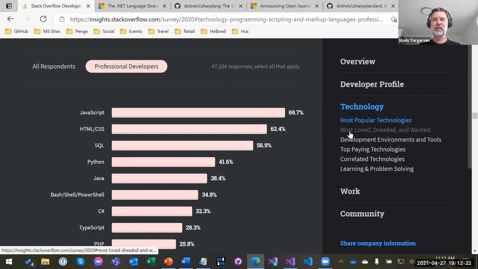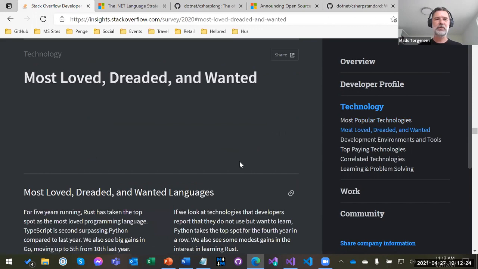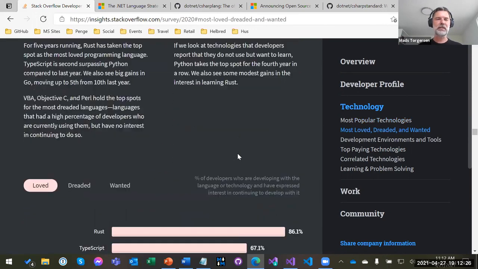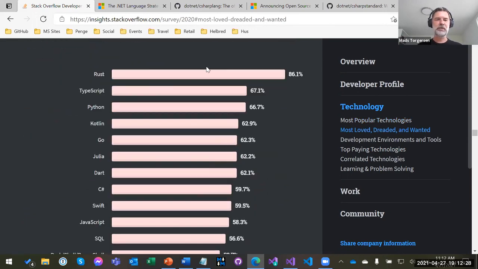If you look at sentiments, they have the most loved, the most dreaded, and most wanted. When it comes to loved, I'm just happy to see C# in the top 10 here. This is where little languages can play, because it's the percentage of people who are using the language that also like the language. So it doesn't matter how big you are, globally speaking, it's how many of your users percentage-wise are happy that they're using you.